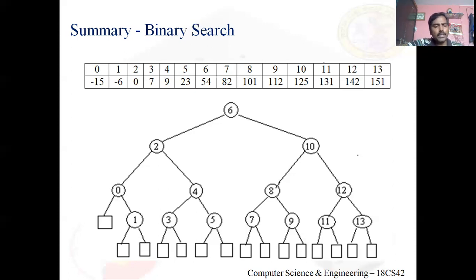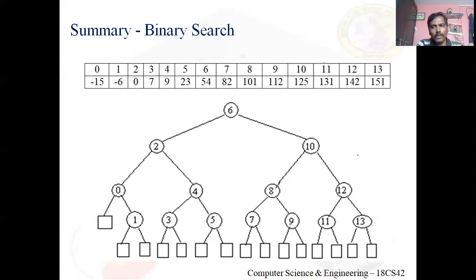After constructing the binary decision tree, whatever I ask you, you can answer within a second or 2 seconds. For example, how many comparisons are needed to look at element 112? In the array, look at the index of 112. What is the index of 112? It's 9. So now in the binary decision tree, you travel from the root node, that is 6, to node 9.